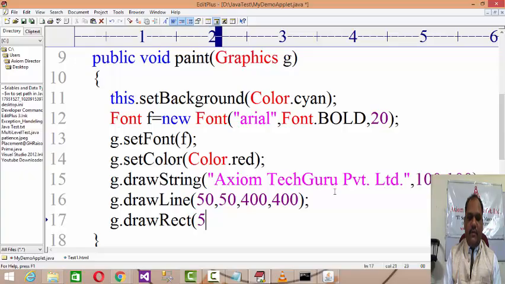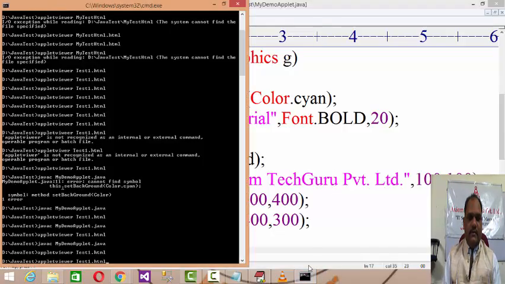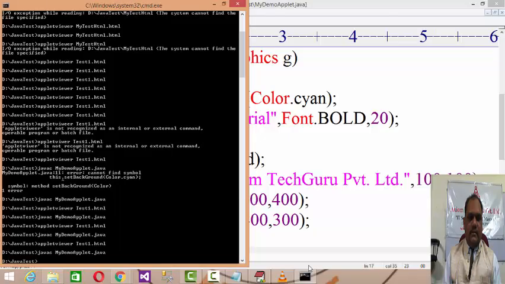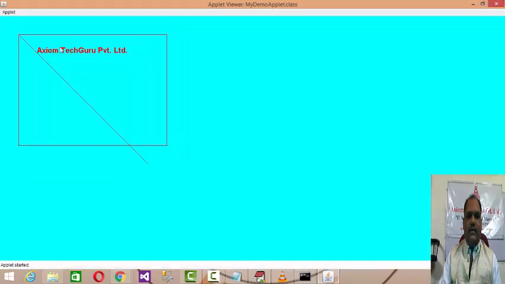Again, its start point will be 50, 50, and let's say you want 400, 400, 300 something to specify, and we compile the things, right? And in this manner we can develop an applet code over here, right?